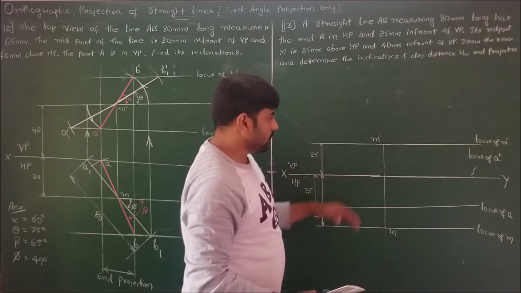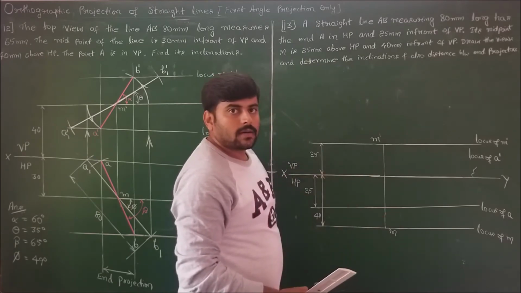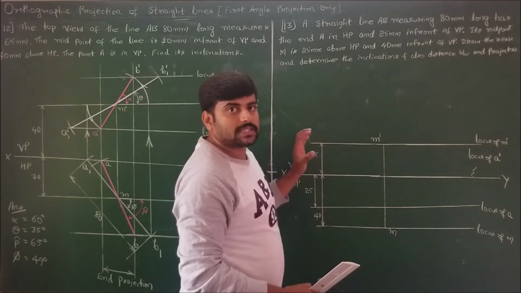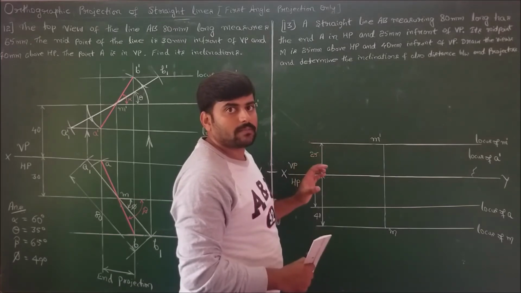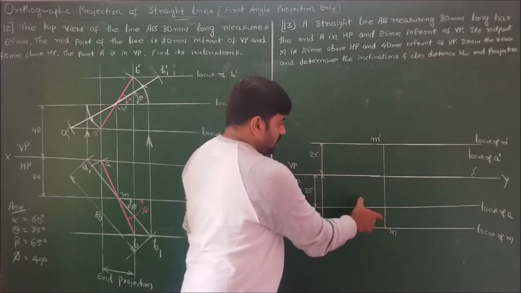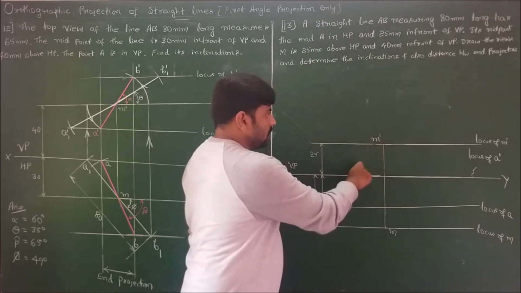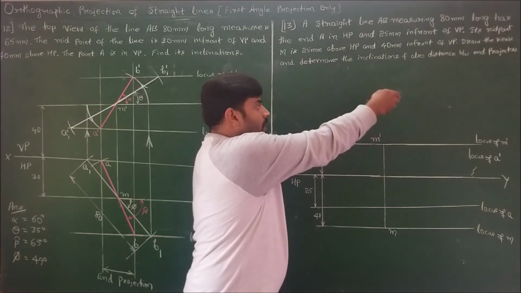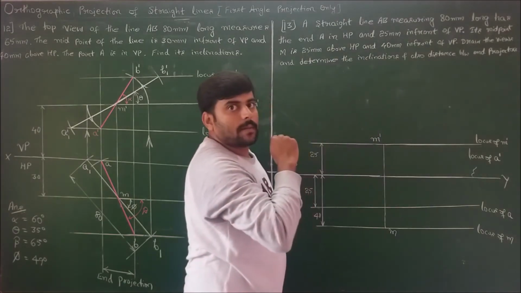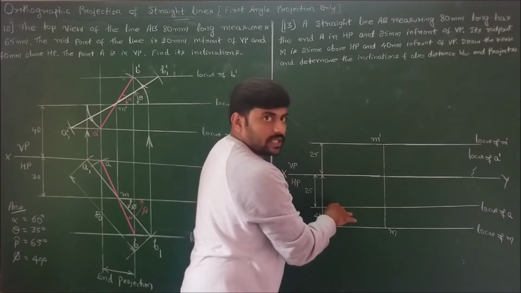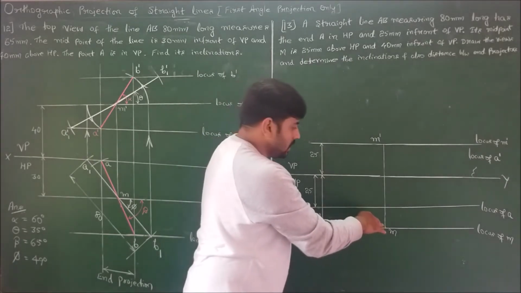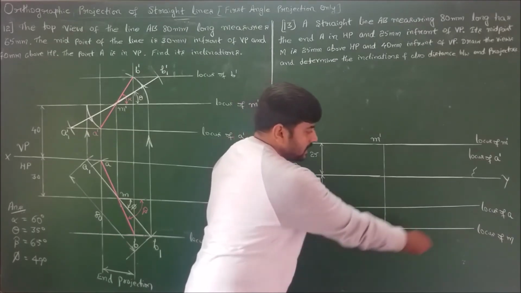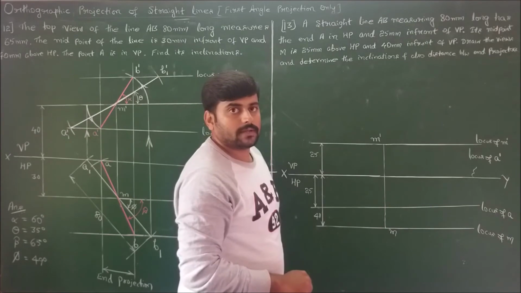Since we know the locus of A dash and A, I can mark clearly the true length of the given line, which is 80 mm long. That is just by taking 40 mm radius from the midpoint, cut the locus of A, from this midpoint cut the locus of A dash. So 40, extend 40 forward, we will get the locus of another end, that is B dash. Here also we cut 40, joining which you will get half of the line, extend 40 forward, you will get overall length as 80 with 40 as midpoint and another end locus, that is end B.